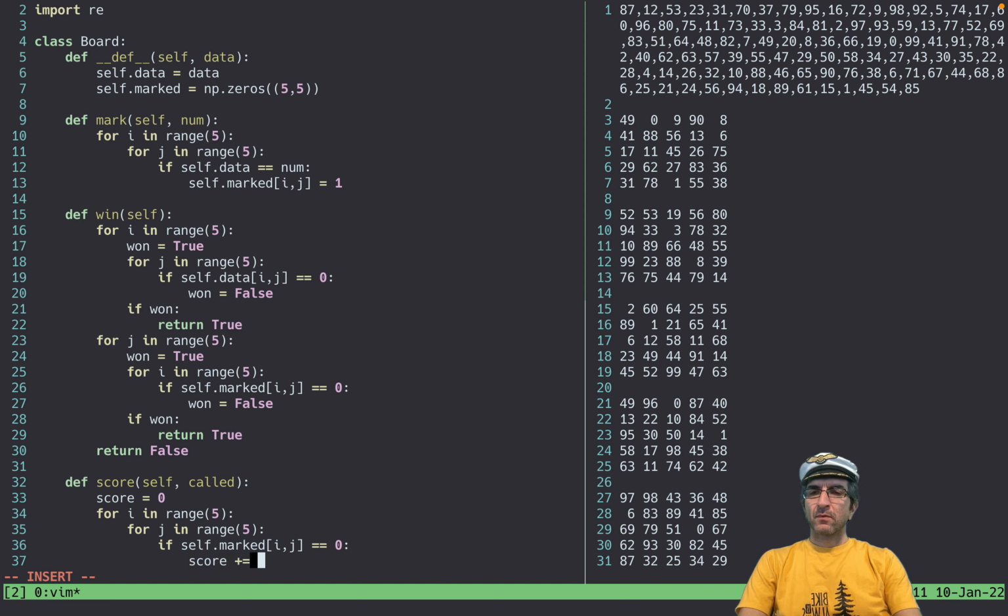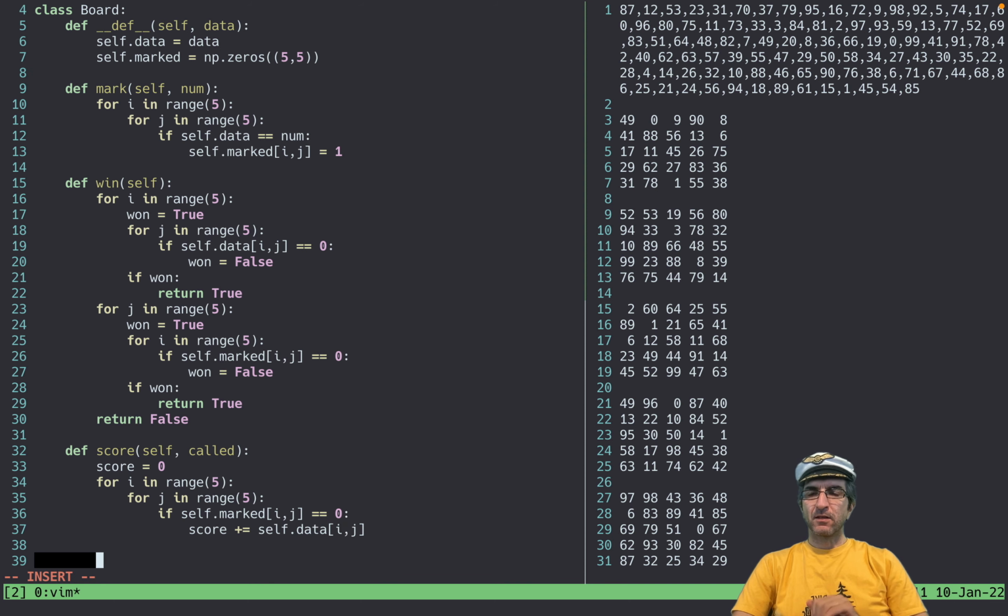Add to score self data i and j. And when you have done all of this, return score multiplied by called number.